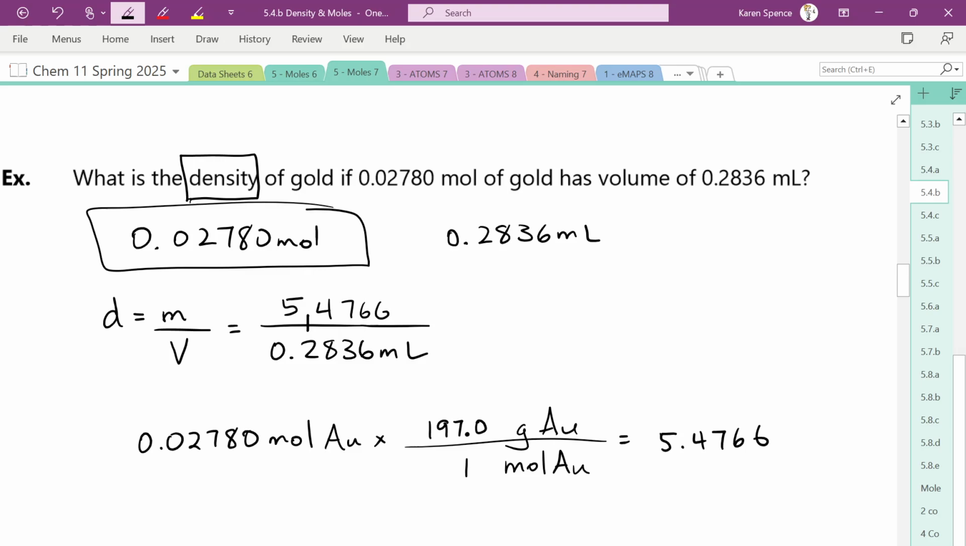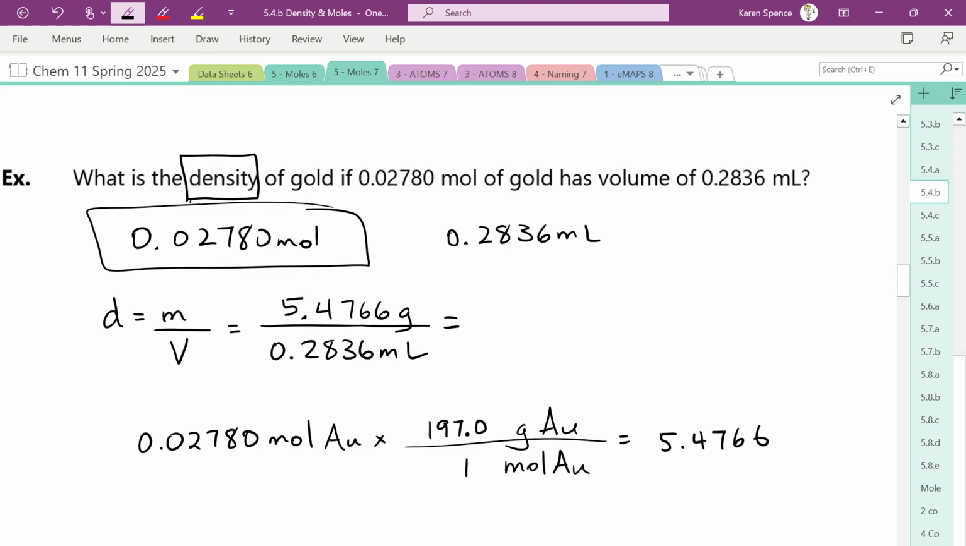5.4766. Do I do sig figs before I'm done? Oh, no, you convert all. Yeah, I don't want to round off yet, right? And that's grams. Okay, so I've got 5